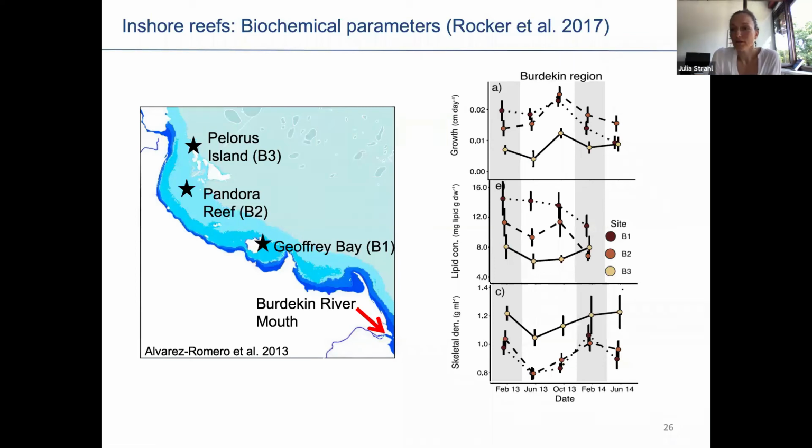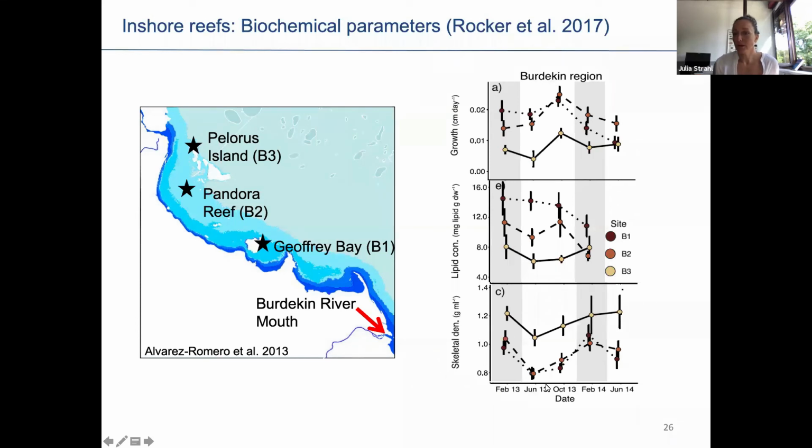And this is due to the fact that the skeletal framework usually grows, like extends, during the night, during dark calcification, where crystals are randomly growing. And then this framework usually gets filled in during the light. So as here, the light calcification was impacted, we can assume that the dark calcification was still pretty good because the growth was not impacted,